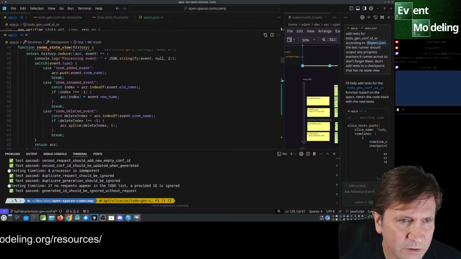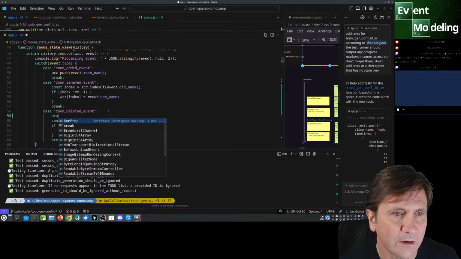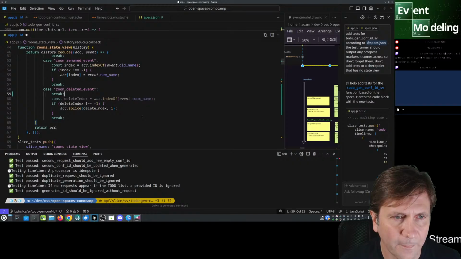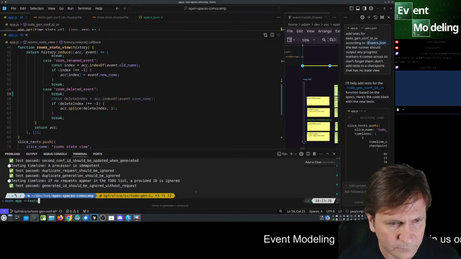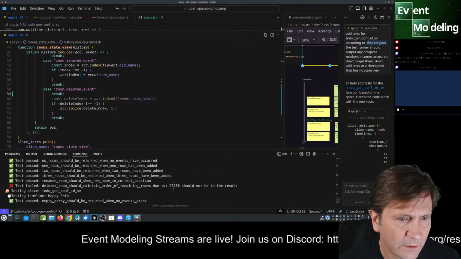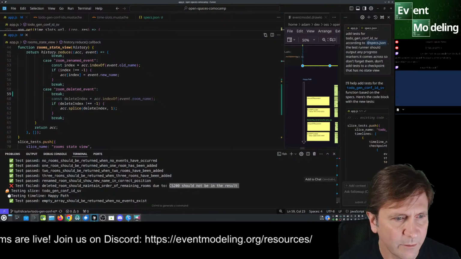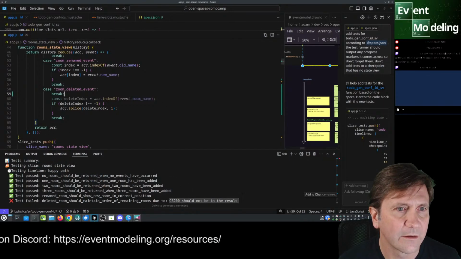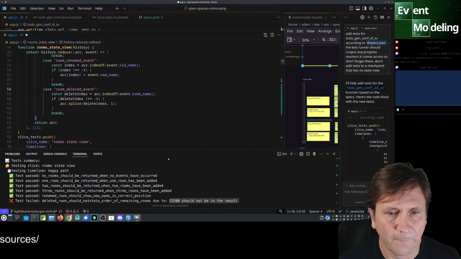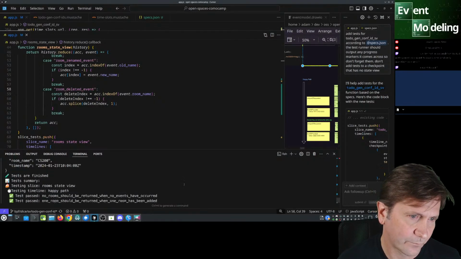So okay, if we just break here and not handle it, it should break just the deletions. Yes. CS200 should not be in the results set. Okay, and then get rid of that. And now it's fixed. Yep, okay.